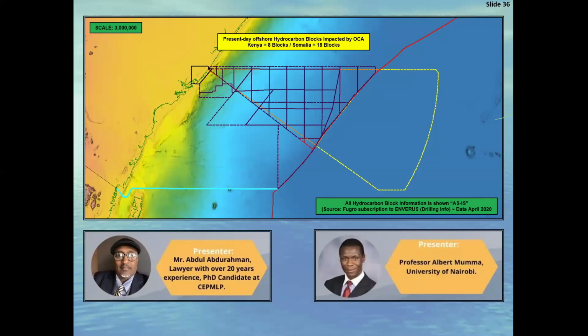But at the same time, it appears to me from the timeline in the memorial that Somalia was also prepared for the eventuality of a failure in these talks. And I do base that on the fact that within the timeline of the negotiations between Somalia and Kenya,